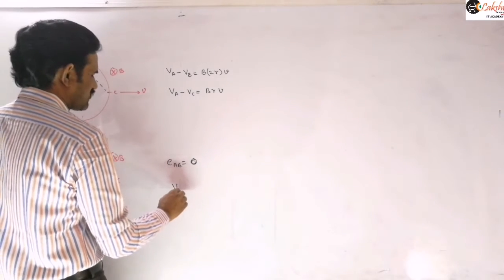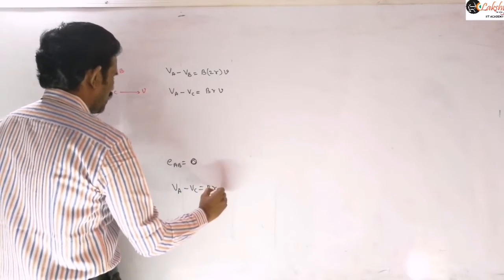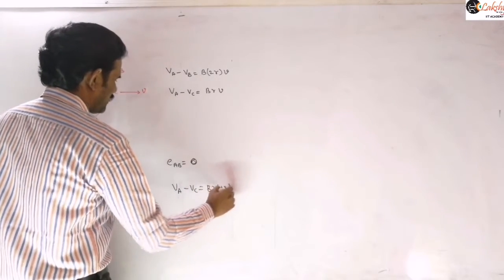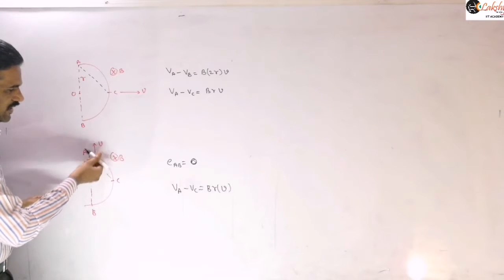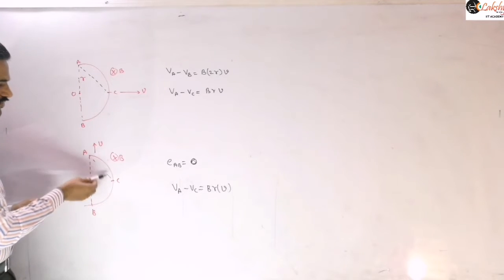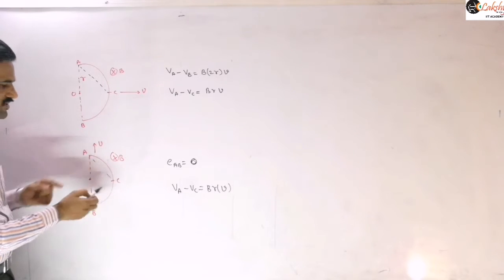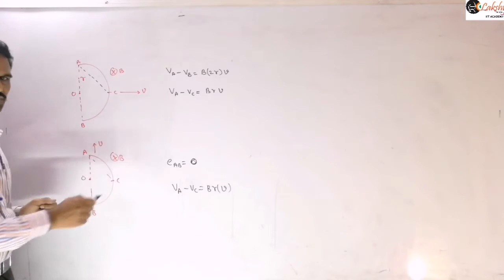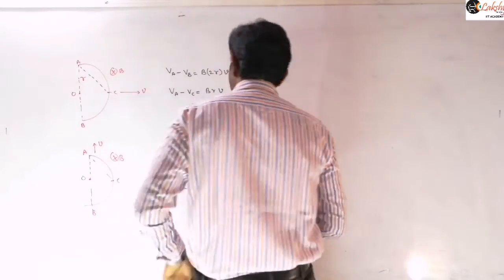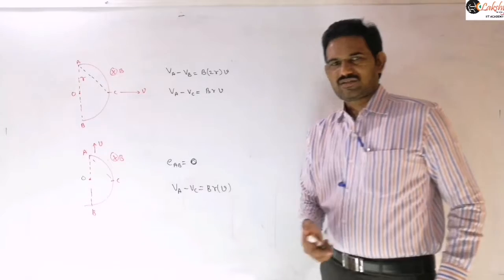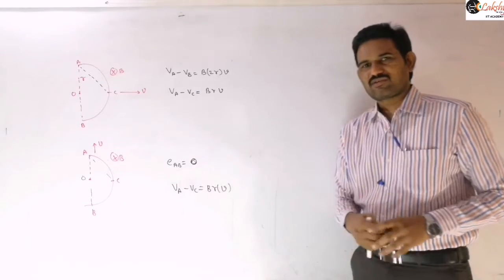So I can write this as VA minus VC is equal to B into R into V. The same, either like previous to this you can take the component of this and the component of velocity, but instead of that what I am taking is this projection directly. The potential difference across this AC is equal to the potential difference across OC, right? And like that you need to consider in the case of these curved conductors. We need to take the shortest distance between those 2 points.